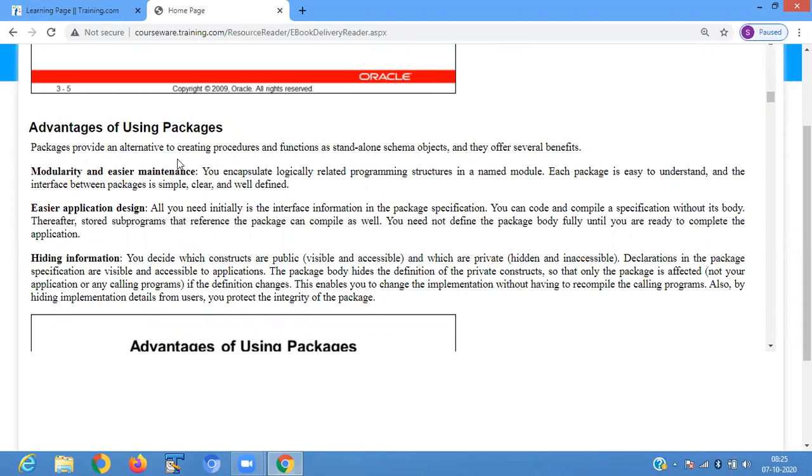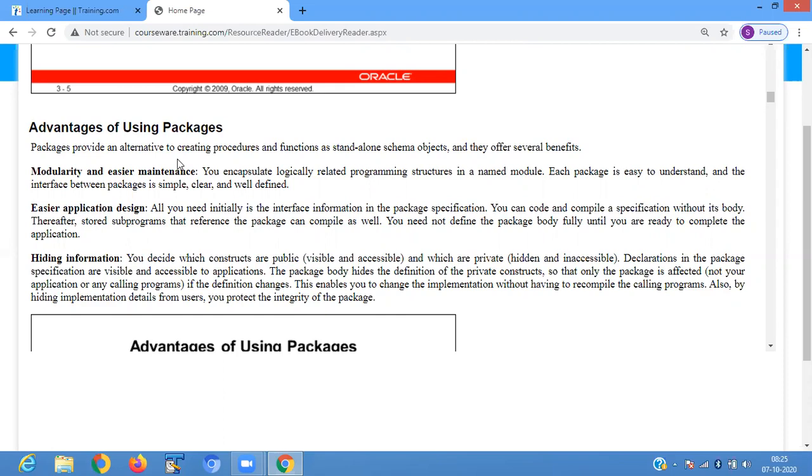Packages provide an alternative to creating a procedure and function as a standalone schema object, and they offer several benefits. Modularity and easier maintenance: you can encapsulate logically related programming structures into a named module. Each package is easy to understand, and the interface between packages is simple, clear, and well defined.